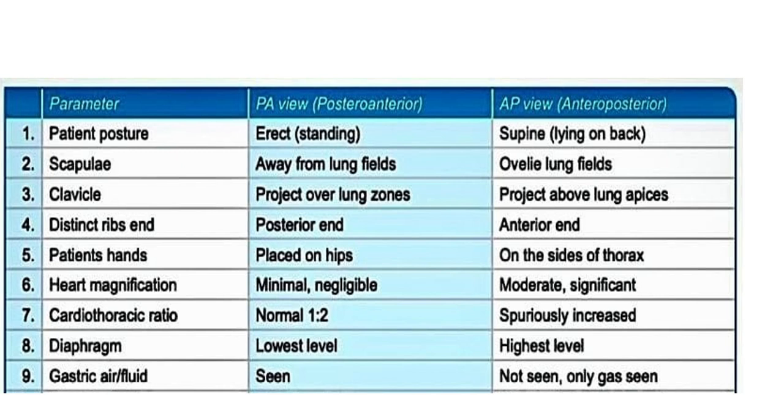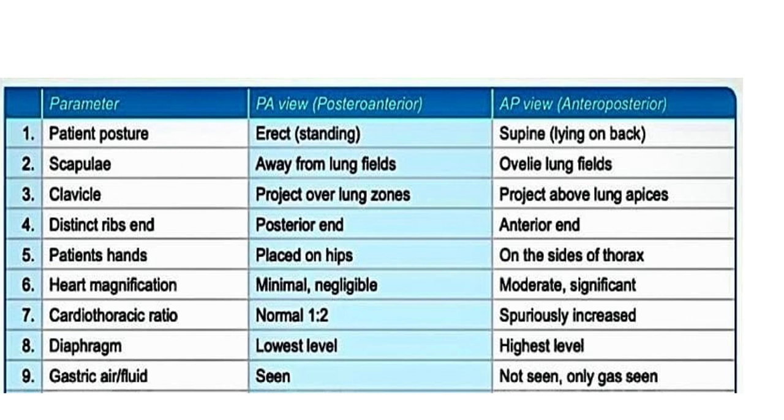Patient's hands are placed on hip or waist, whereas on the sides of thorax in AP view. Heart magnification is minimal or negligible in PA view with cardiothoracic ratio is 1 is to 2, whereas in AP view it is significant heart magnification with increased cardiothoracic ratio, and diaphragm outline is lowest level in PA view